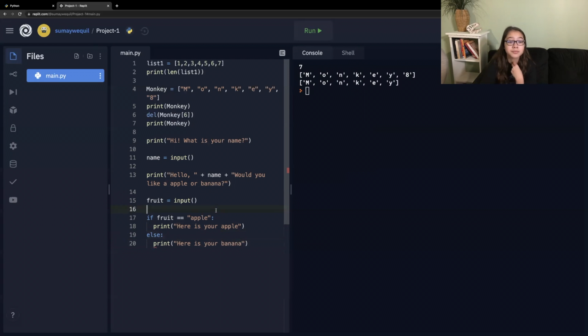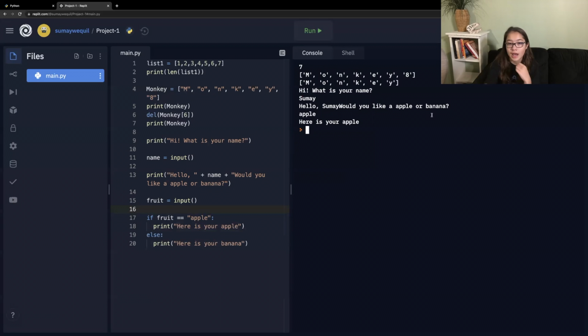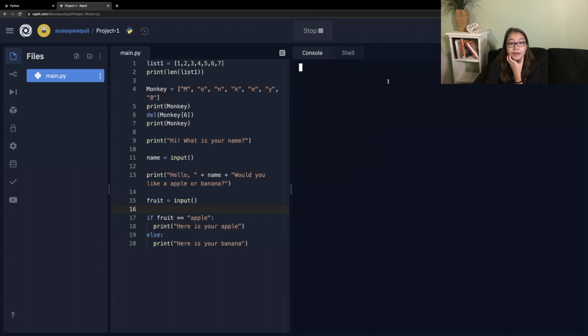And so let's run this. Hi, what is your name? Sume. Hello, Sume. Would you like an apple or banana? Say apple, and it says here is your apple. And if we were to run this again and I were to say banana, then it would say